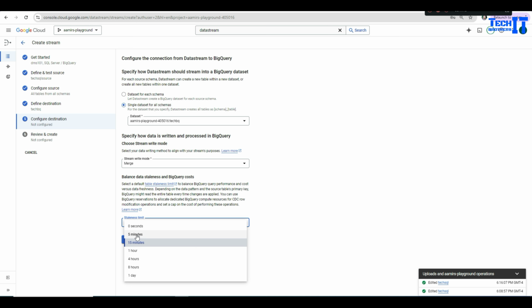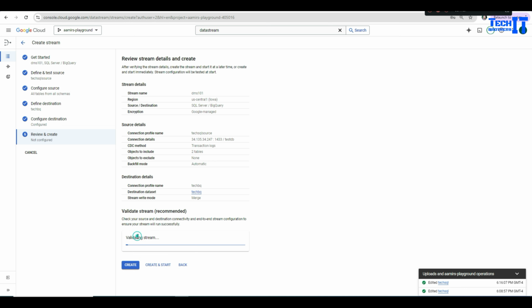Then how often you want to do it. In my case, let's say we will do 0 seconds. This also depends on your need. If you are okay with every 15 minutes or 5 minutes, you will go with that. I don't really recommend going with 0, but it depends upon your need. If you want more real-time data, you will go with this. Otherwise you can have like a 5-minute delay, and the job will keep running every 5 minutes to keep pushing the data to BigQuery. Now let's just go with 0 for now and hit continue